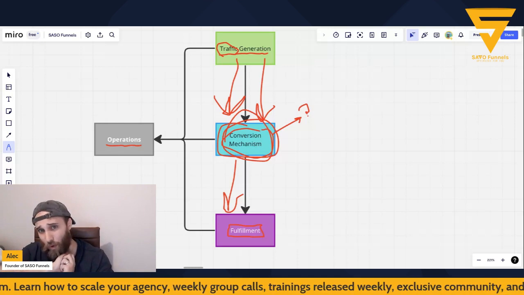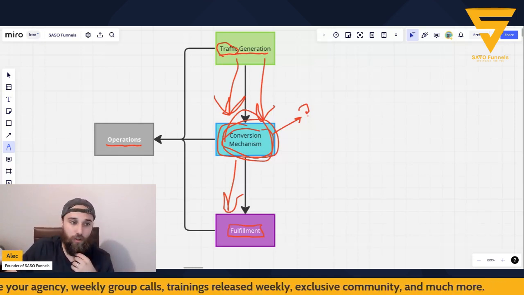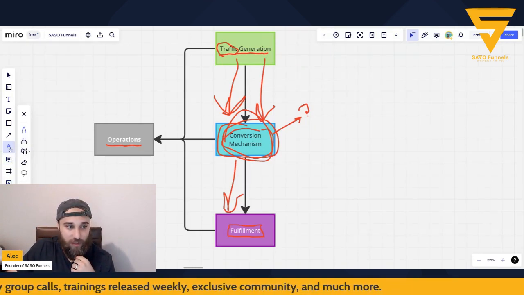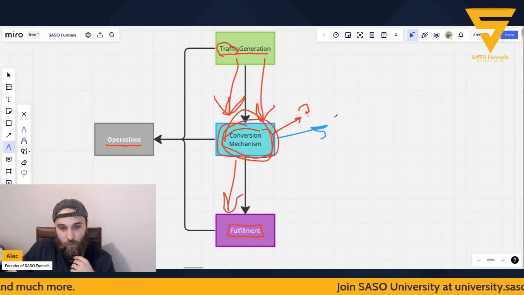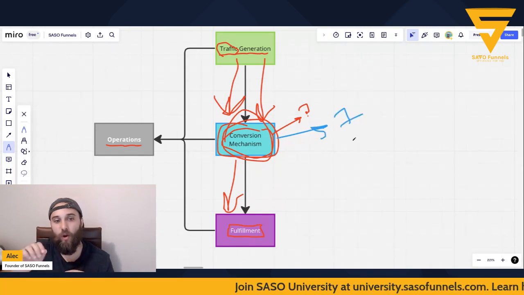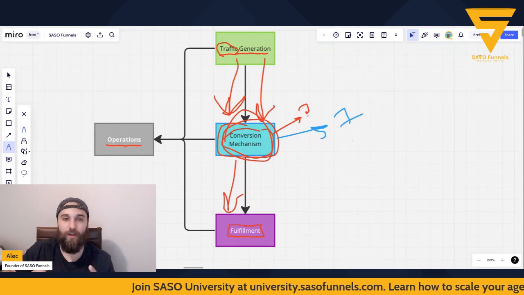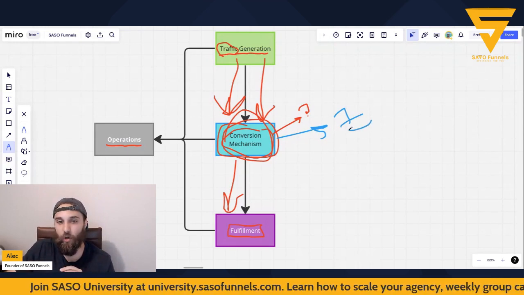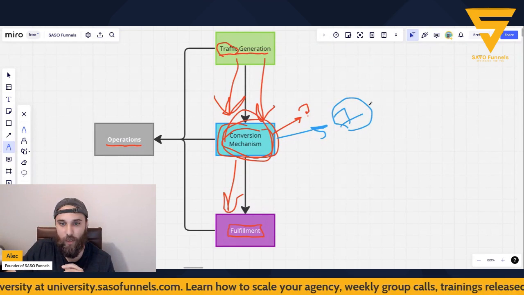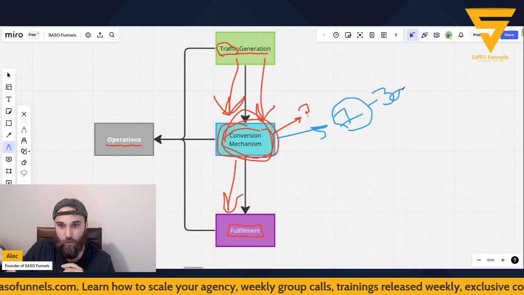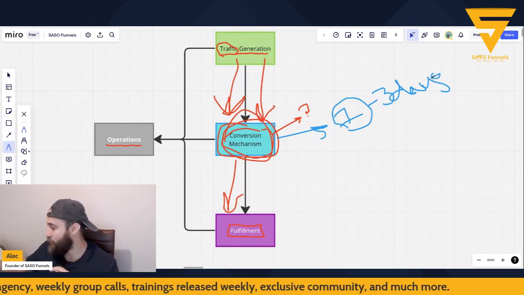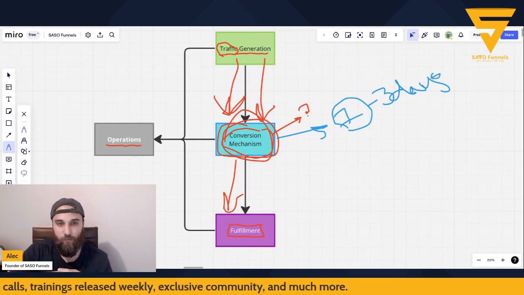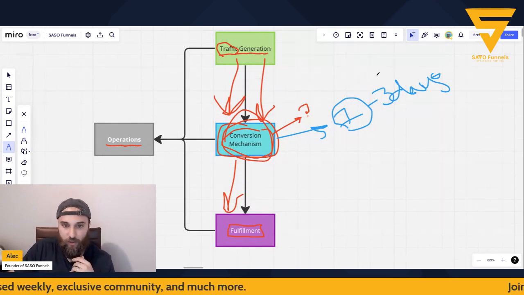If you are brand new, the best thing that you can do, let me change the color of the pen. This is the best thing that you can do, in my opinion, is you're going to come to conversion mechanism and you're going to build this first. Because when it comes to building your conversion mechanism, you want to take roughly 1 to 3 days total. So number 1, conversion mechanism, let's say 3 days. Excuse my handwriting. So 3 days to build your conversion mechanism, right? That's all the time you're going to allot for yourself.